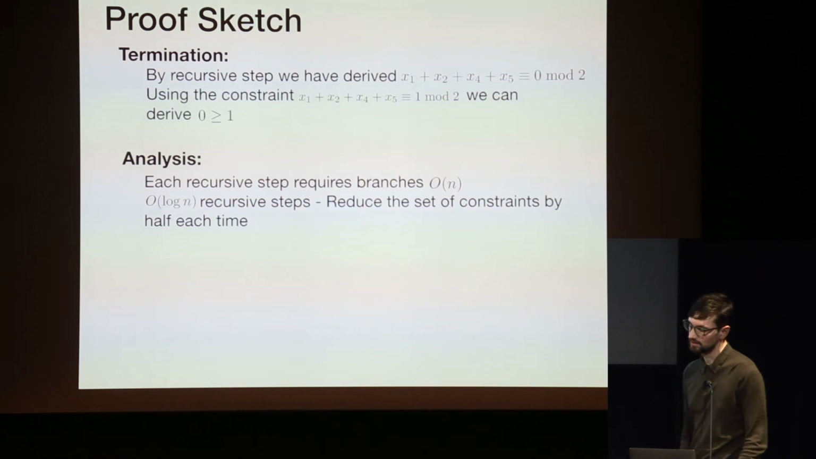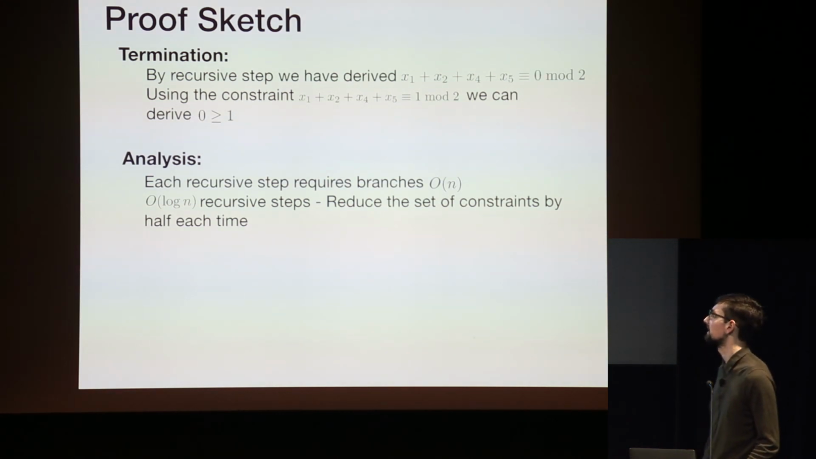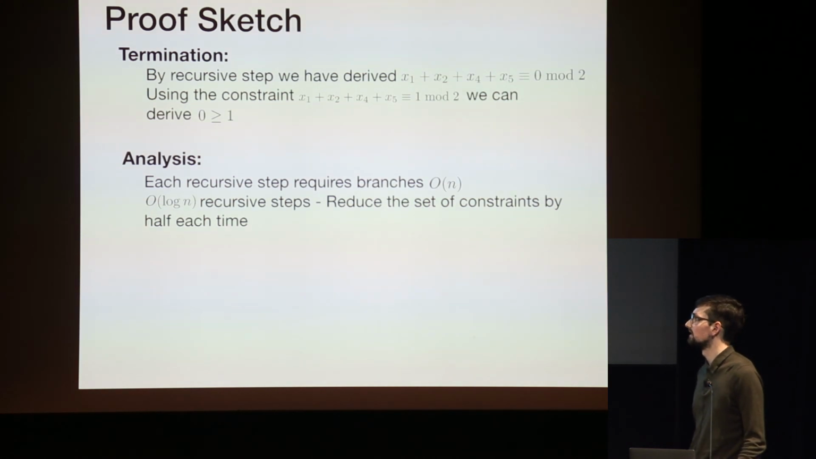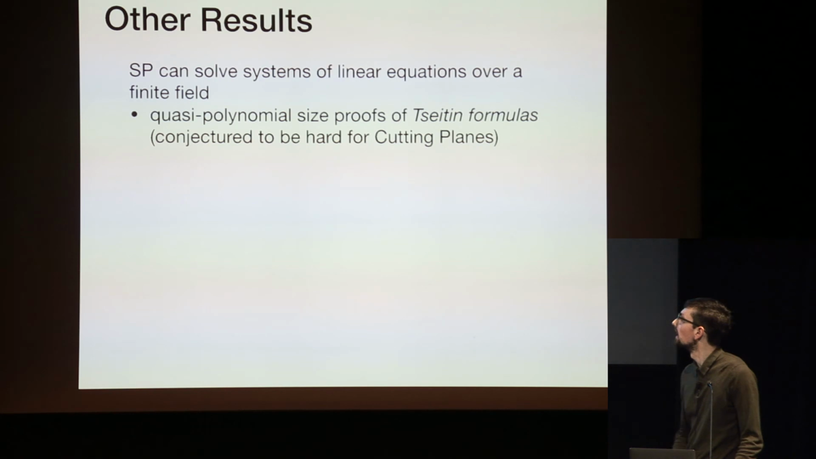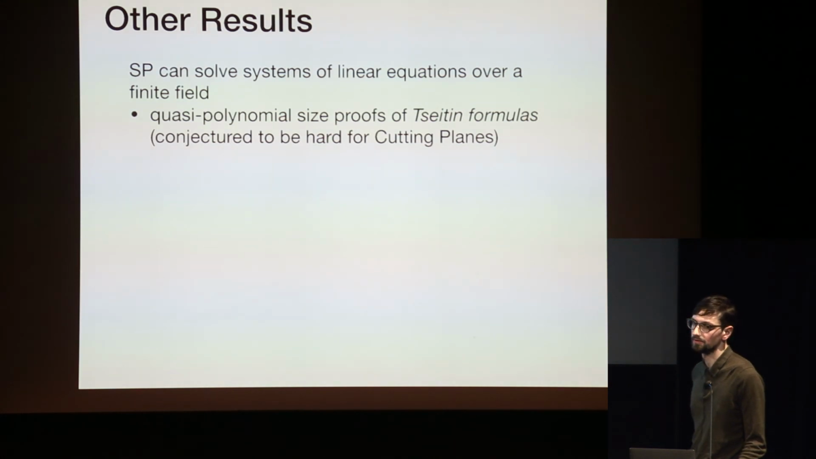So some analysis. Each recursive step takes at most a linear number of branchings, and there are at most a logarithmic number of recursive steps because we're halving the constraints each time. Okay, so besides being motivated from the perspective of SAT solving, we also think that stabbing planes falls nicely into the proof complexity literature